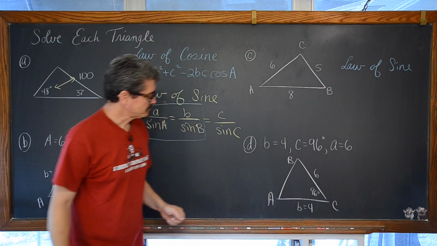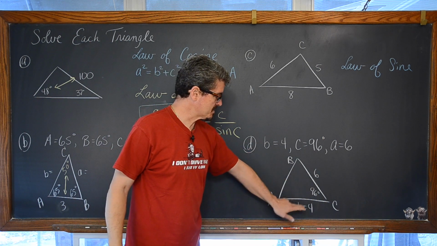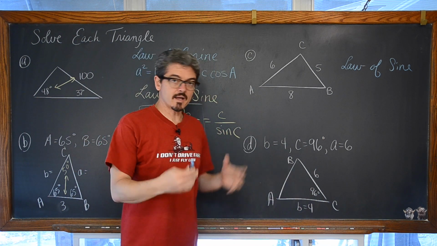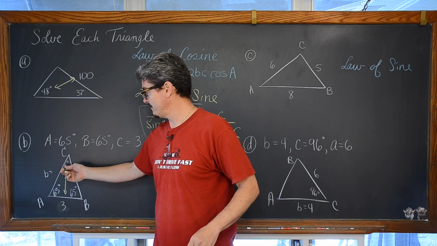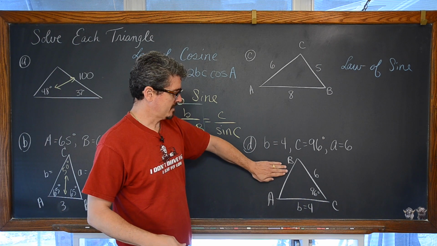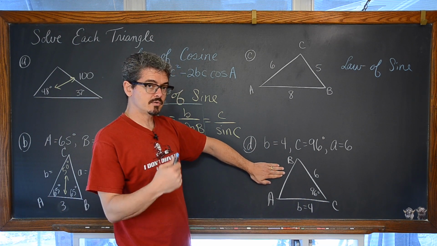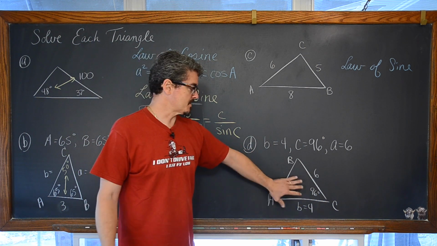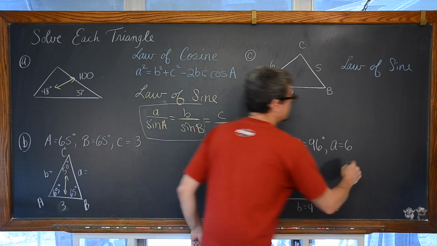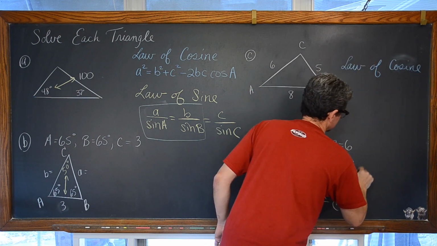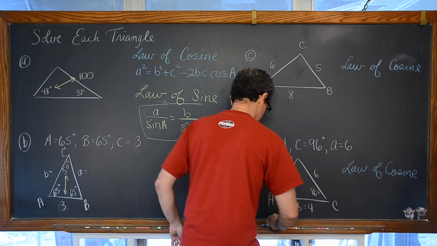And here, same thing. We have two sides and an included angle. Well, we don't have a quick way, like over here, of finding angle C. We have no easy way of finding side C, so we're not going to be able to initially do any work with law of sines. This is also going to be a law of cosines problem. Oh, I said law of cosines, I wrote law of sines. Write what I say, I hope.